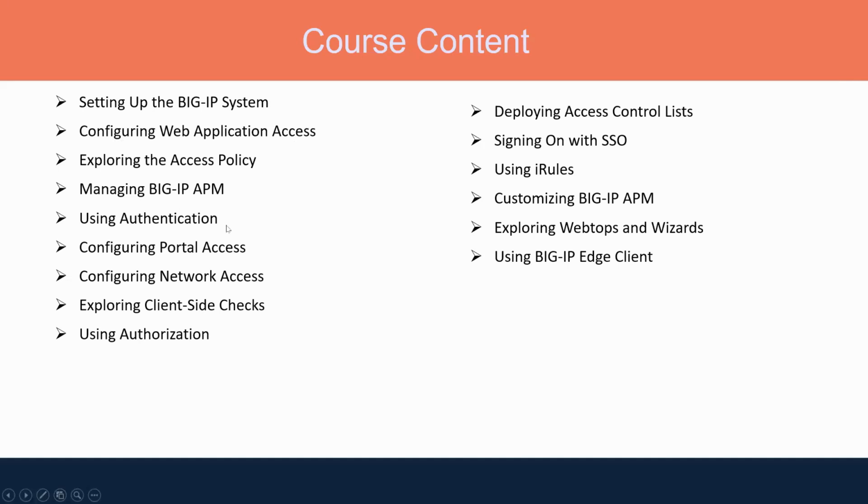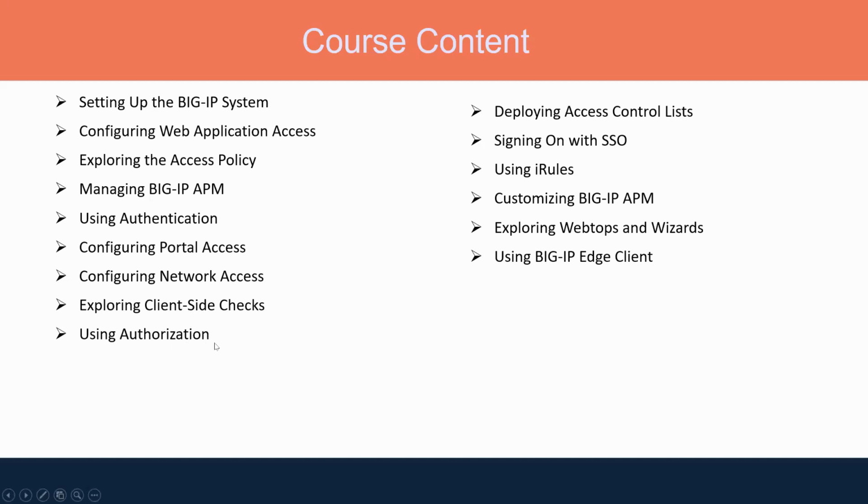We would talk about authentication in the next part, and then we would talk about the portal access. So using BIG-IP APM, you can configure the access portal for the user, right? So we would talk about how you can configure the portal access, how you can configure network access, and how you configure what all the things would be checked on the client side whenever a client is connecting to your network resources. Okay,